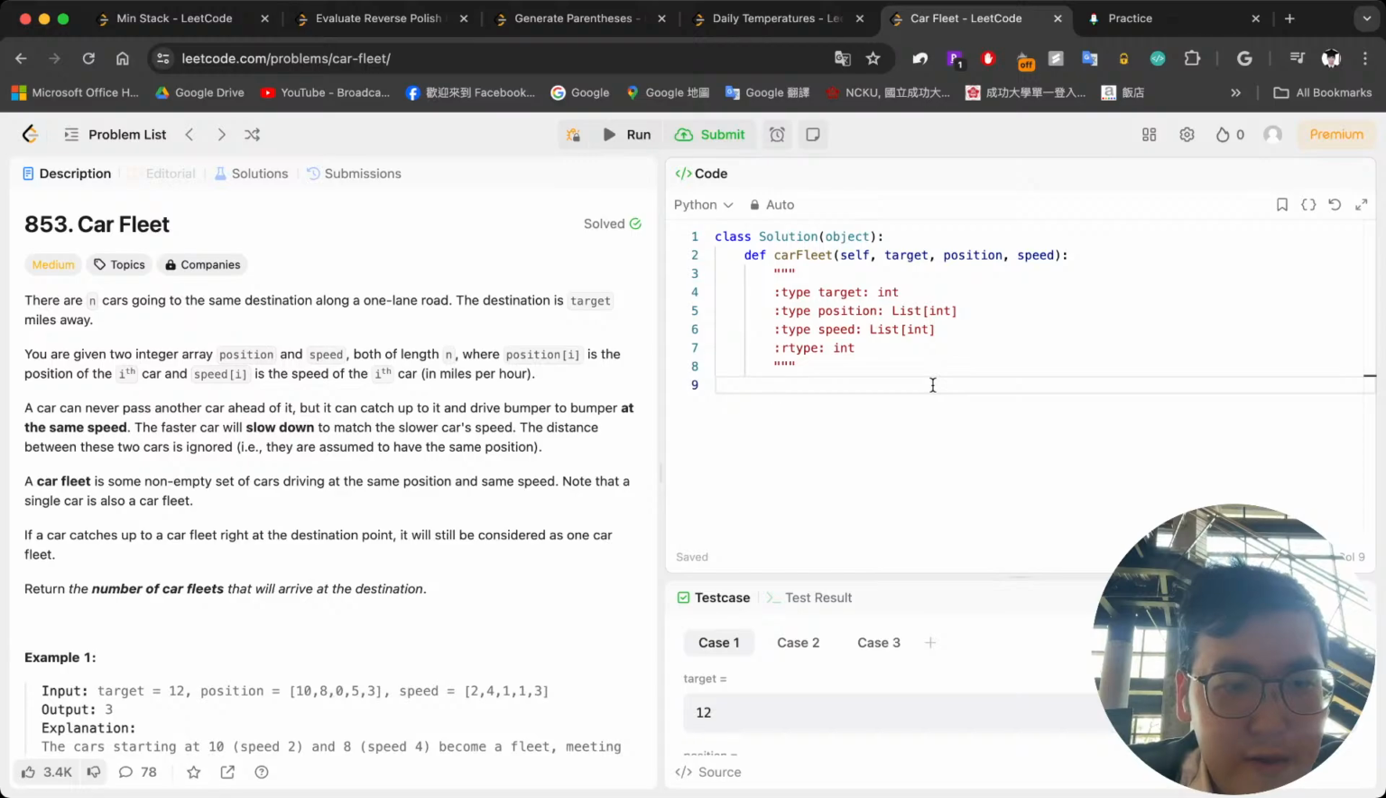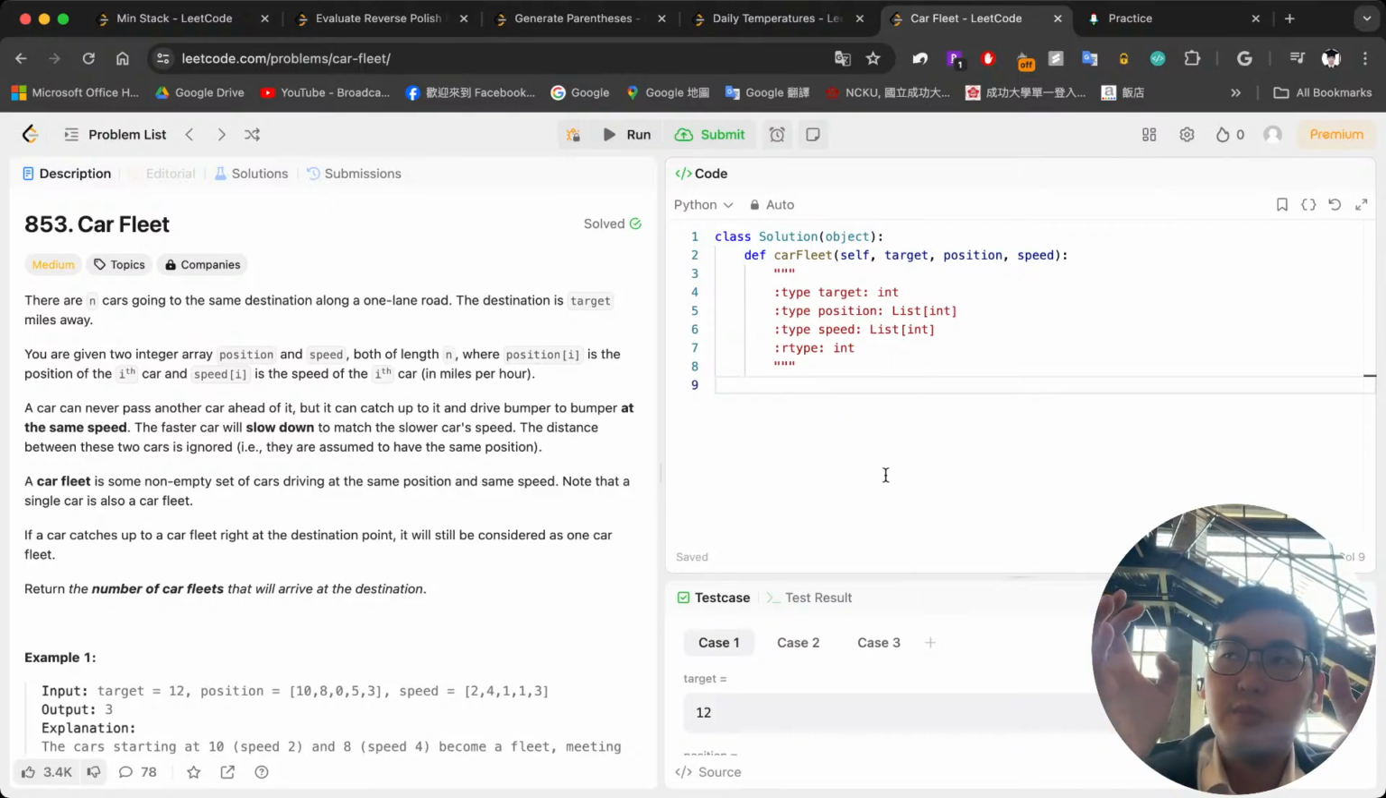And last one is the car fleet. This one is pretty hard. So basically, we first have to pair the speed and position into a list. Then we sort them by the position, and then we reverse it. So the way we are doing it, because then we are going to iterate through every pair, and